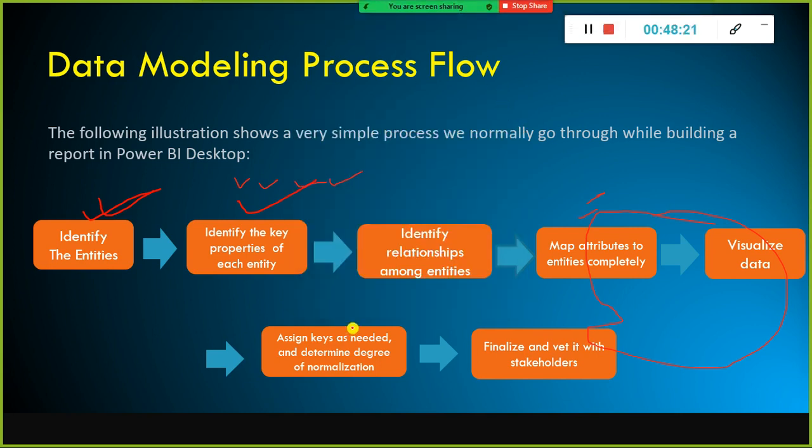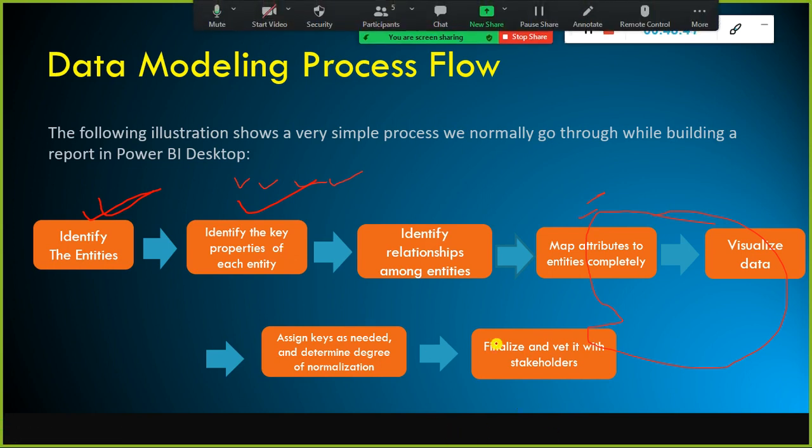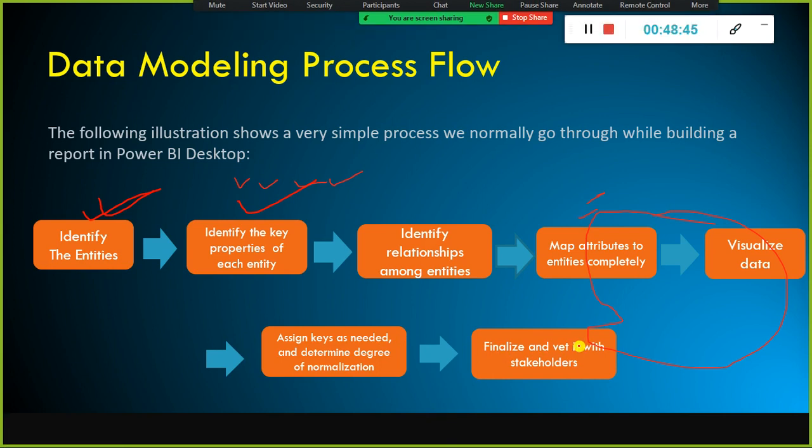And the next step is once you are done with your data modeling, we use a tool called Erwin to do the data model design. Since we have Power BI now, with Power BI itself you can do the data model design. You don't have to have a separate Erwin tool. So in this case, once you design your data model, you can vet it with your stakeholders.